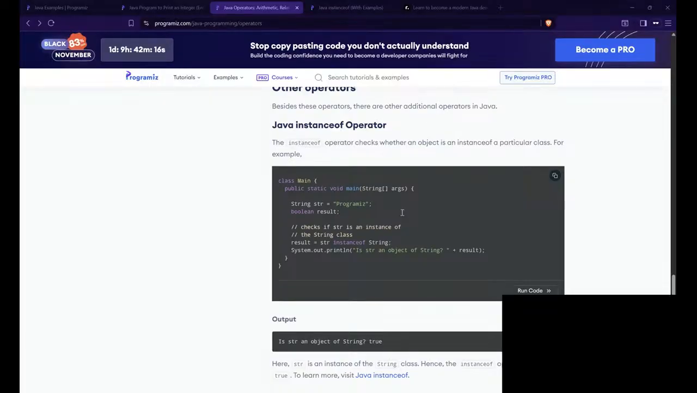So let's see what we are up to. So what is instance of operator? Instance of operator is a tool used to check the type of an object at runtime. So the concept is, you can take it like the inventory scanner. Like you imagine